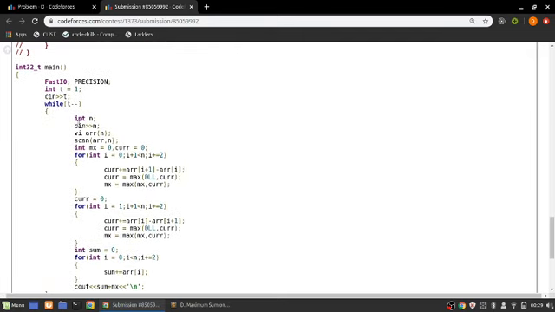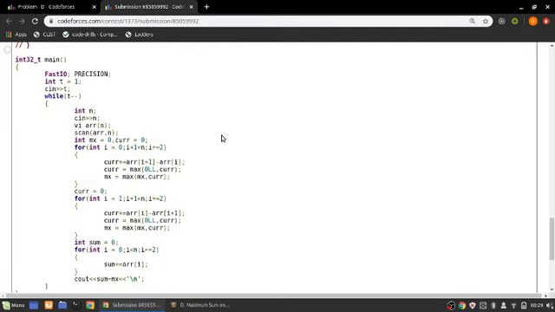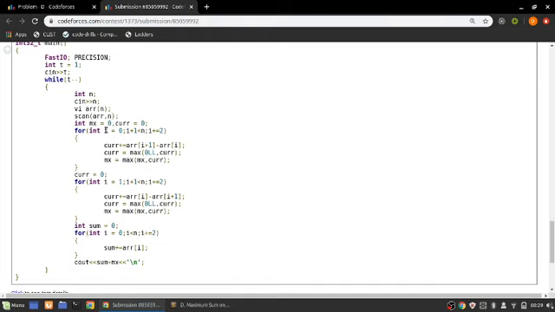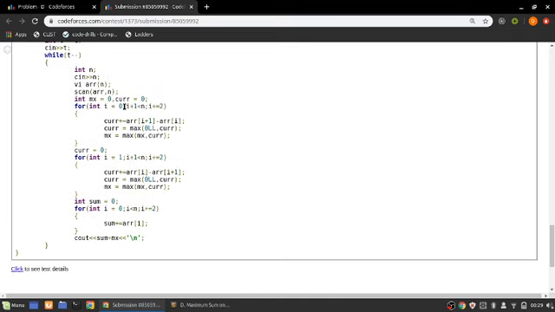So first we take input of n and array. Now in maximum we will store the maximum difference of sums of subarrays that we got, and in current we will store the current sum of differences. So initially both of them are 0. Now we iterate through 0, so L equal to 0 here, and we will always take the next element first. So I plus 1 should be less than n, and we increment it by 2 as we are taking only